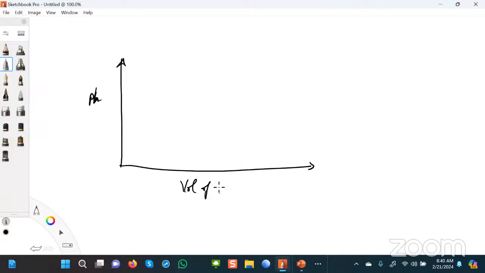So again, the y-axis represents the pH, and the x-axis represents the volume of base added. All right. So basically, let's say that this is 7 right here. Then in the case of a weak acid versus weak base,